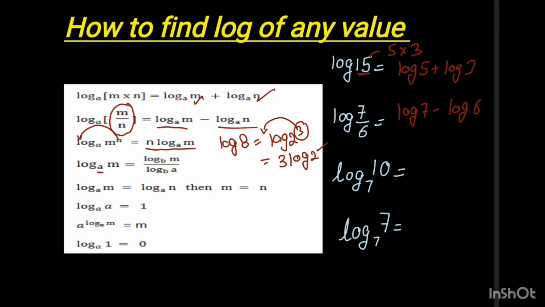If we have a number like log_a m, then it can be written as log_b m upon log_b a. It means we can change the base of the logarithm function. For example, I have here log of 7 to the base 10. I can write this 7 with a base of 10, log 7 upon log 10, because we know that we don't have any values of log to the base 7, we generally have the values of log to the base 10. And if I have the same base and the same number, like log_a a, then the answer will be equal to 1.